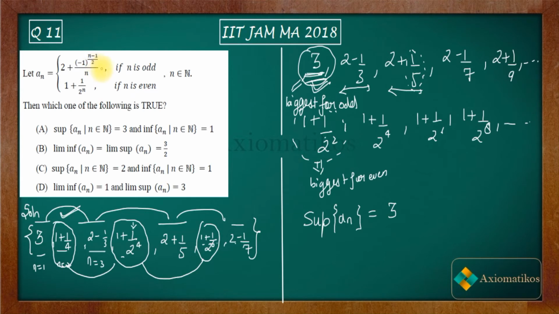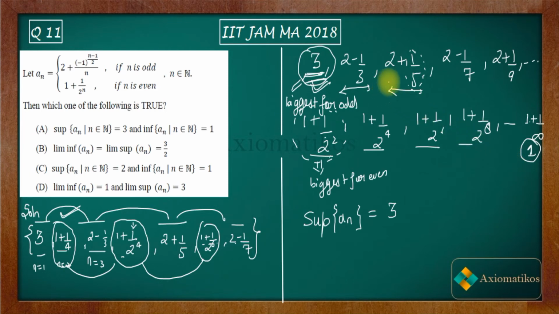So in the odd case, now let us try to find out your infimum. Because in the first option you are getting terms like this, infimum and supremum. So see, this is the biggest term for even, this is smaller, this is much smaller, and it keeps on going to decrease. So when n goes to infinity, what you will get? You will get 1 plus 1 by infinity. When n goes to infinity with the even n I am talking about, you will get 1 here. That means for the even subsequence, 1 is the smallest term.